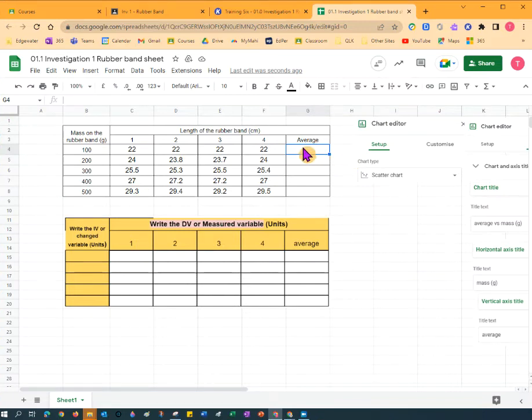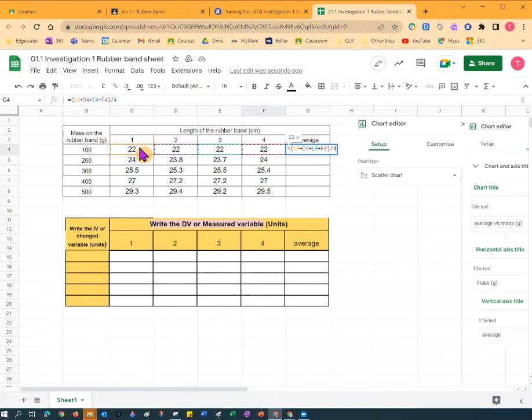Now we're going to do our formulas. All formulas in a table start with an equal sign. We open the brackets because we want to add a few things together. So we want to include this cell and then the shift plus key, click in the next trial, shift plus key, click in the next repeat, shift plus, and then the last, and we don't go shift plus, we want to close the bracket. We're going to divide by, and we're adding 4 cells together, so we divide by 4